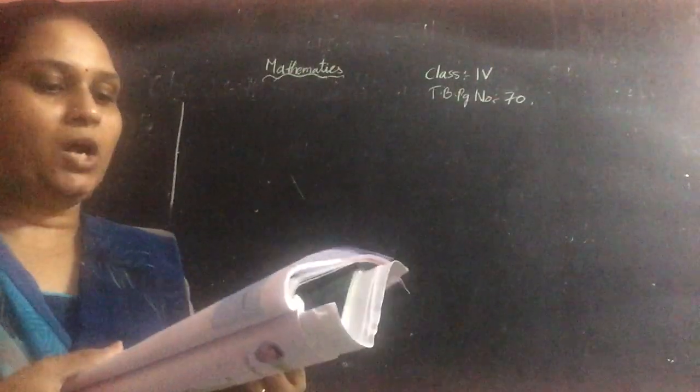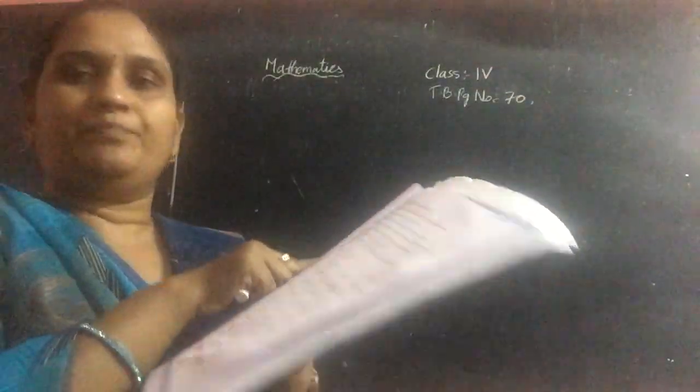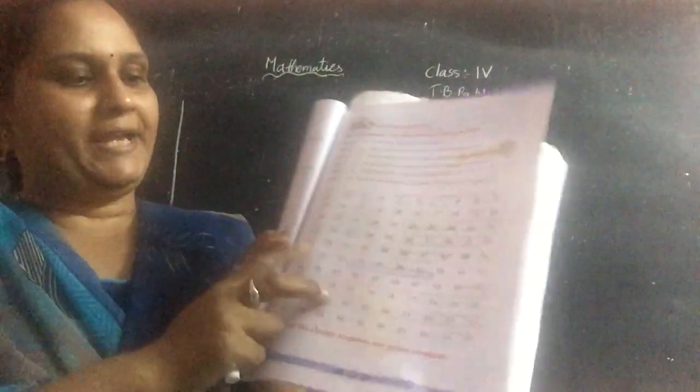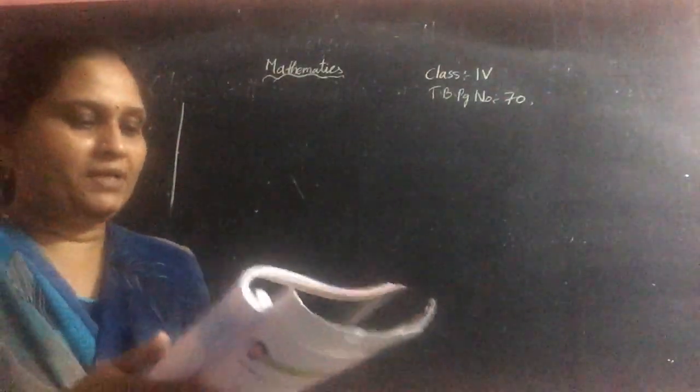Next, write all the composite numbers between 1 to 20. The composite numbers are the numbers which you crossed out, except 1. 1 you should not write. Those crossed out numbers will be considered the composite numbers, children. So the composite numbers between 1 to 20 means, in the first rows, which numbers you crossed out, you have to write them here. Next, between 50 and 60, which numbers did you cross out? Those numbers have to be written here. Clear?